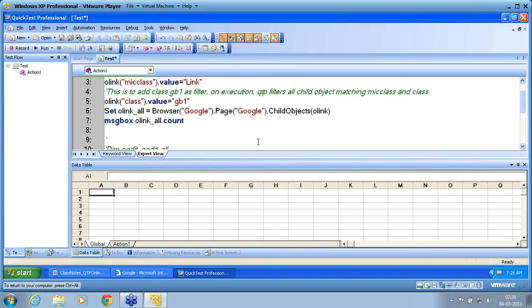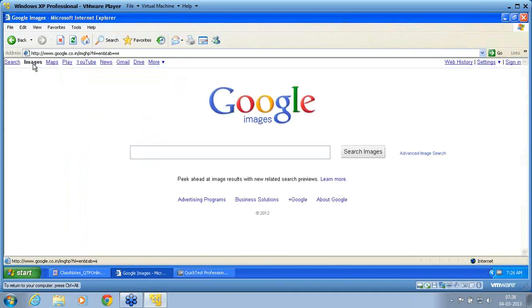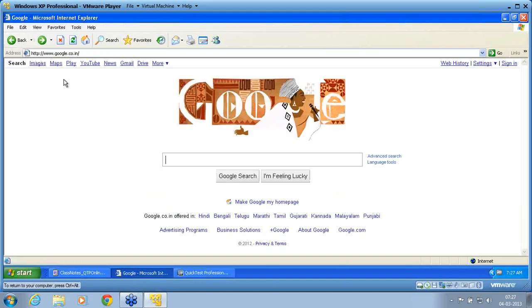From each link, my idea is that I want to go to each link, click, get into the page, and ensure the page is displayed. This is what my testing is. I would like to go to the link, click on that link, go to that page, and retrieve the page title. If the page title appears, I assume that the page is loaded. This is what I would like to do for these 7 links. So I got 7 links.